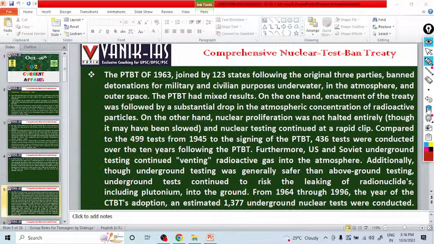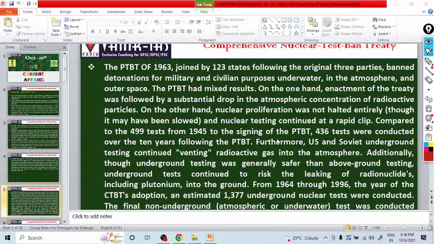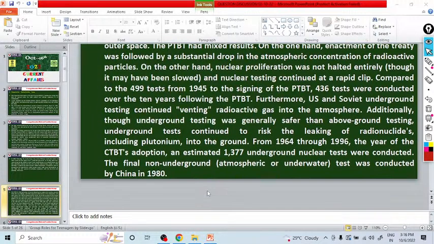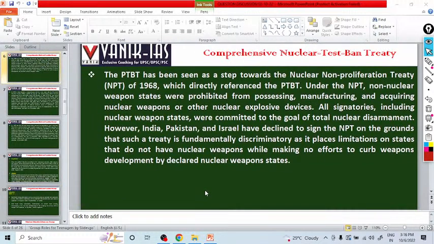Fine. The final non-underground test was conducted by China in 1980. Fine. China joined the race along with USA, Russia, UK and France. China joined the race in 1980. The PTBT has been seen as a step towards the Nuclear Non-Proliferation Treaty of 1968, which directly